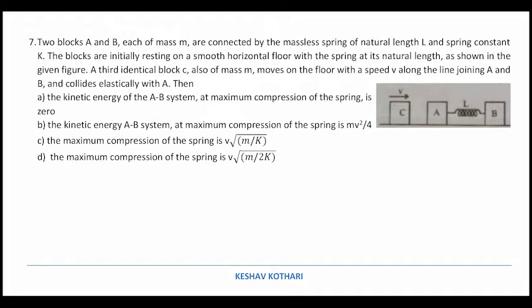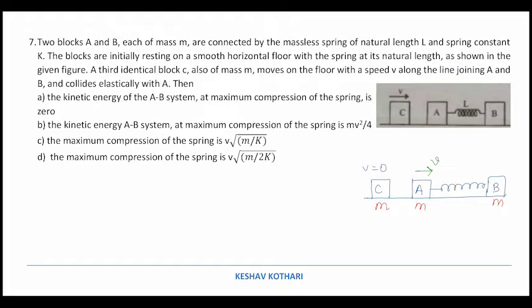Then, if the two identical masses are colliding elastically, I can certainly say that after collision C will come to rest, while block A will attain the velocity v and starts moving towards block B. So block A acquires velocity v and starts moving towards block B. Now since all the blocks are identical and have mass m each, the mass of all the blocks is equal to m.